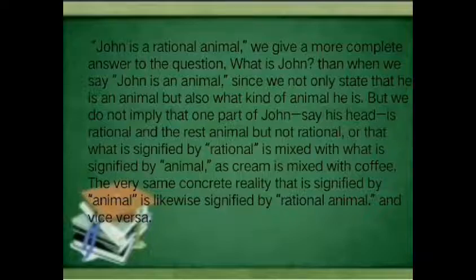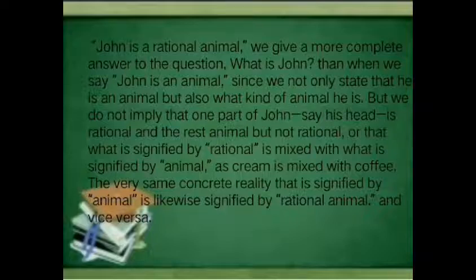So, John is a rational animal. Why? Because when we say rational animal, that is a man. According to Aristotle, he defined a man as a rational animal. According to this definition, rationality is what separates man from all other animals. It is what makes them unique. So, in order to prove this to be an accurate definition of man, the definition of rational must first be understood. So, the very same concrete reality that is signified, siya, by animal, gayon din sa rational animal